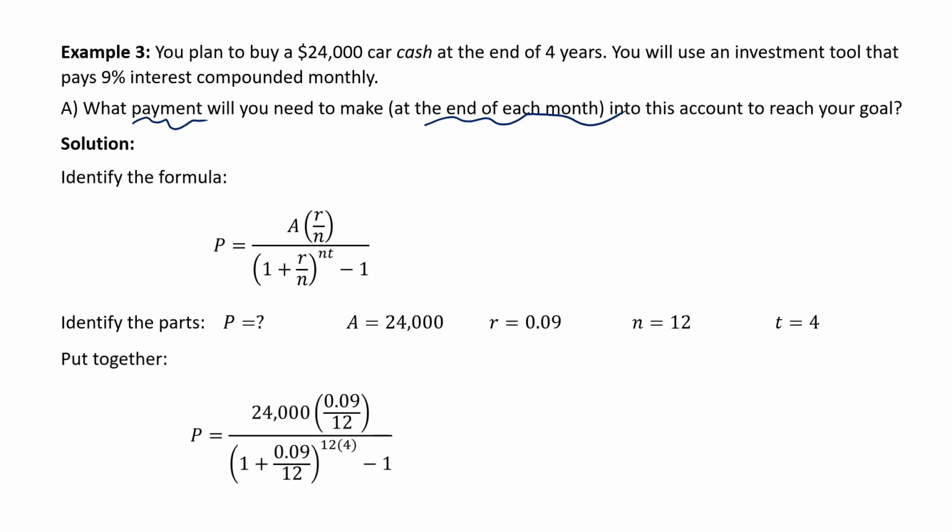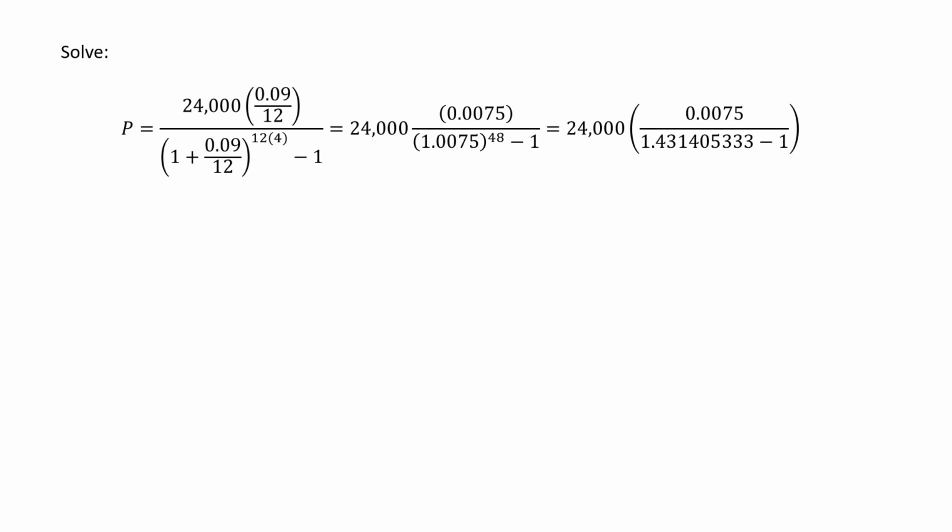Let's put that together into the formula. That is, replace the A with 24,000, replace every R with 0.09, replace every N with 12, and replace every T with 4. So now we're ready to solve. Again, we work from the inside out. 0.09 divided by 12 is 0.0075. So every place we had 0.09 divided by 12, let's put in